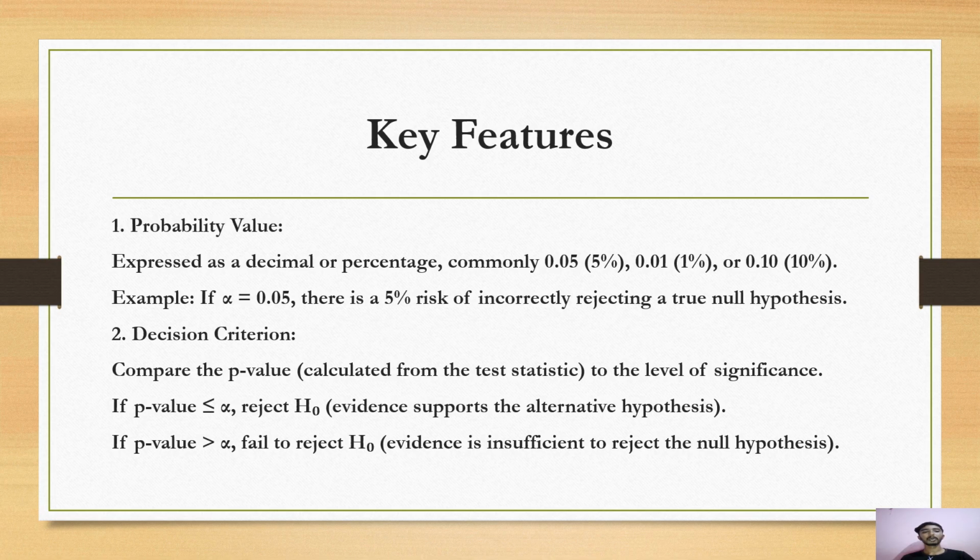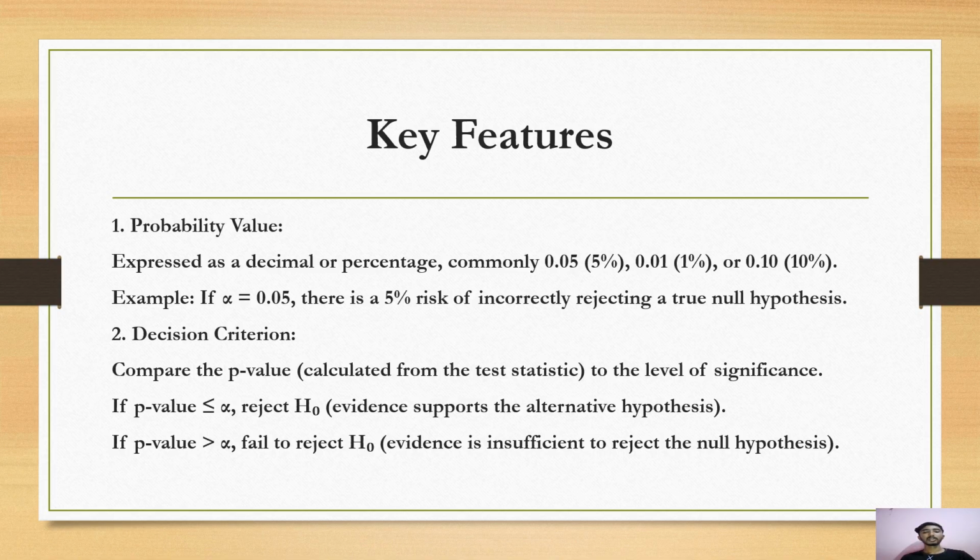Key features: probability value expressed as a decimal or percentage, commonly 0.05, which is 5%, 0.01, which is 1%, or 0.10, which is 10%. Example: if alpha is equal to 0.05, there is a 5% risk of incorrectly rejecting a true null hypothesis. Decision criterion: